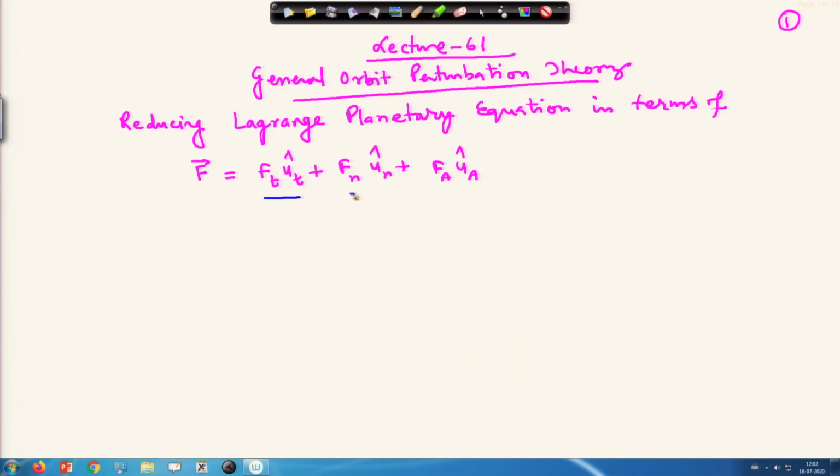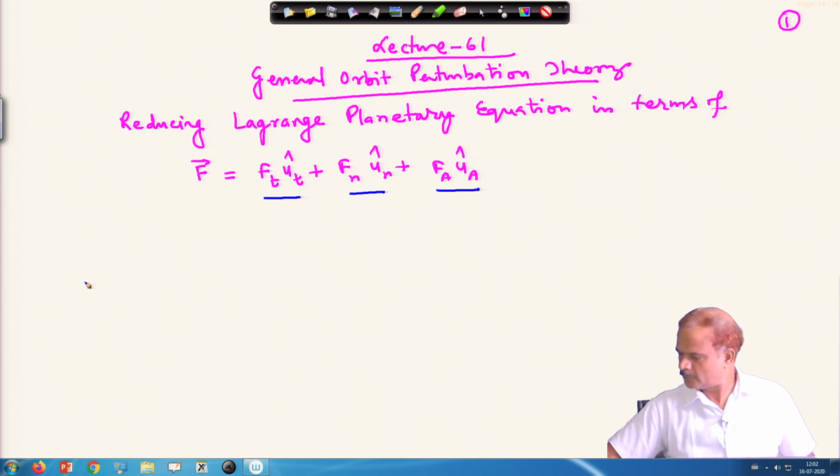Welcome to lecture 61. We have been working with the reduction of the Lagrange planetary equation in terms of f r, f theta and f a. Now, we reduce this in terms of f t, f n and f a, as it is written here. So, for this, the model we are using